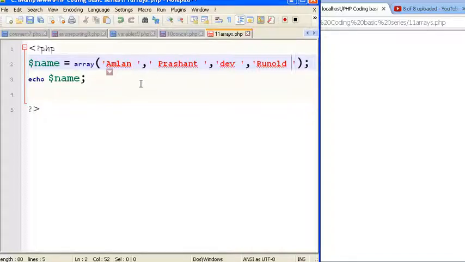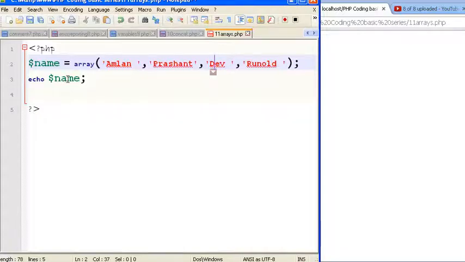Note that we could have very well kept integer data types also, but we should not mix the values. I mean, an array should not contain both integers and strings. I can't do something like 1. No, I can't do that. I can't mix integers with strings. No, that's not permitted. So I have to do it like this. Okay, so hopefully this makes sense.